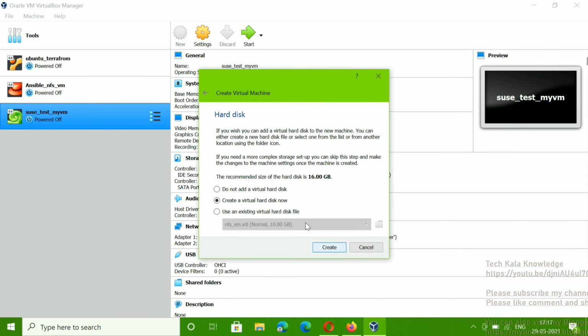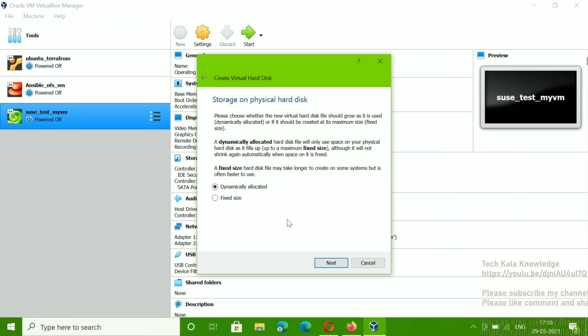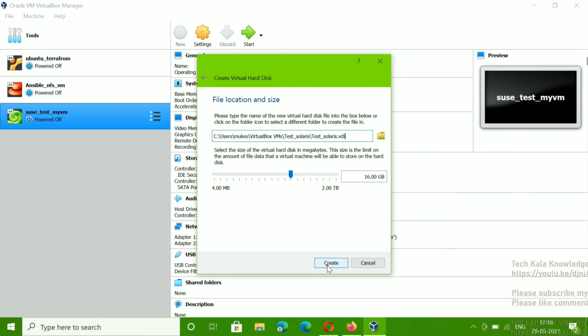For the hard disk, I'm going to create a virtual hard disk now. I'm not going to change anything in the default option. For the hard disk type, I'm going with the default, VDI, VirtualBox Disk Image. I'm not going to change anything here. Dynamically allocated is fine. On this page is the storage allocation.